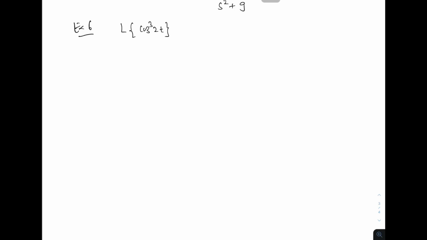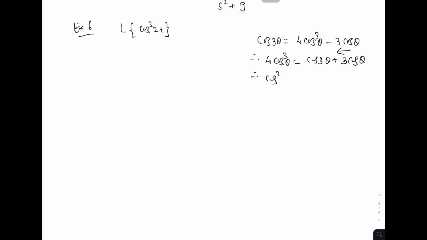So, first let us use this trigonometric formula, that we know that cosine 3 theta is equal to 4 cosine cube theta minus 3 cosine theta. Therefore, 4 cosine cube theta equals cosine 3 theta plus 3 cosine theta,